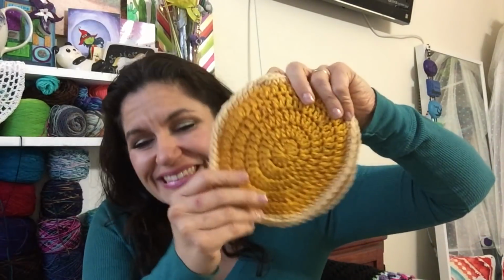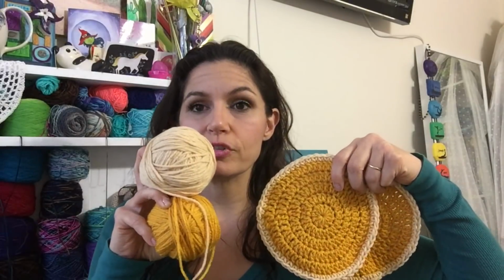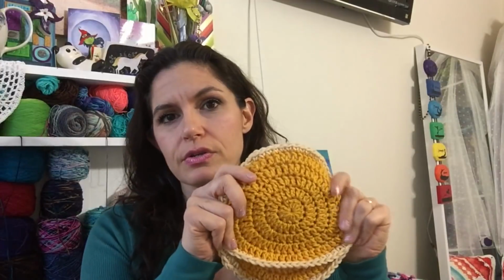It's so cute. Took me a while to get some colors chosen because I would have preferred this be just a little roastier brown, and I thought for a bit, that's why I got the neutral colored in cotton. Maybe I'll make it in cotton. I don't love the way it looks in cotton. I think fun things like this and character hats just look better in acrylic and they last forever. So I went with the gold and the Aran from Red Heart Super Saver. And then I'm going to put some syrup splashes on them, and every other one will have a pat of butter. So I was going to do syrup the way she has it with the maple, so the deeper brown,